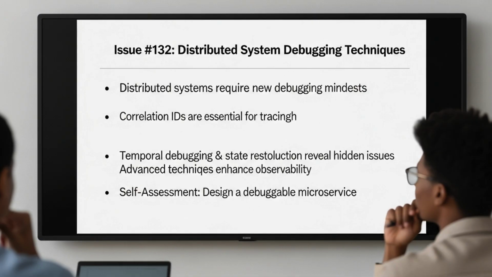The core takeaway is to adopt a detective's mindset. The evidence is scattered, the timeline matters, and the crime scene spans multiple locations. Your job isn't just to fix code, it's to reconstruct what really happened. To solidify your understanding, consider this. How would you design a new